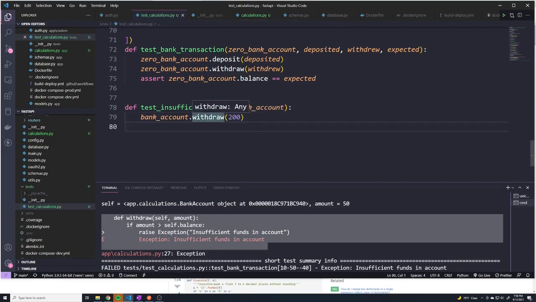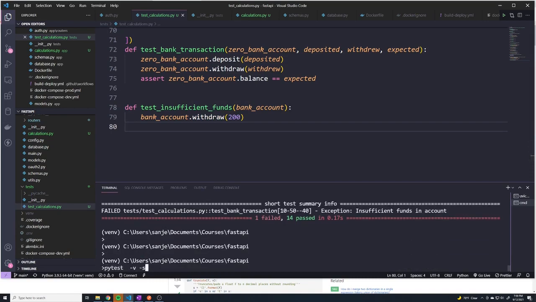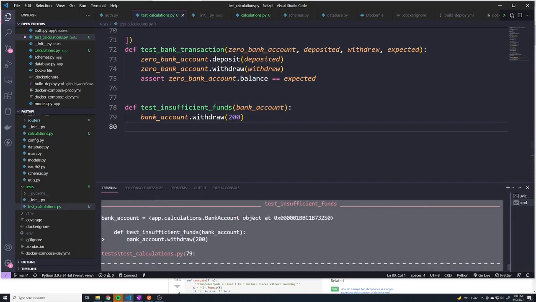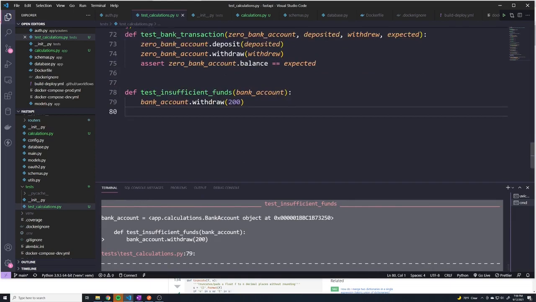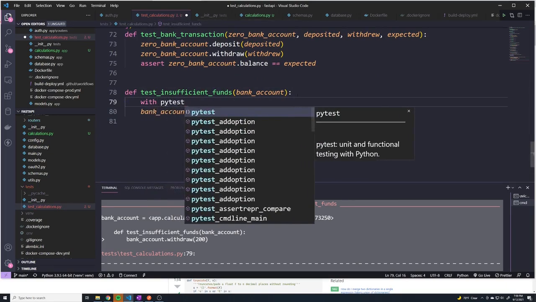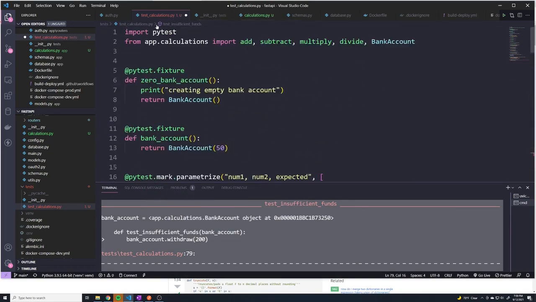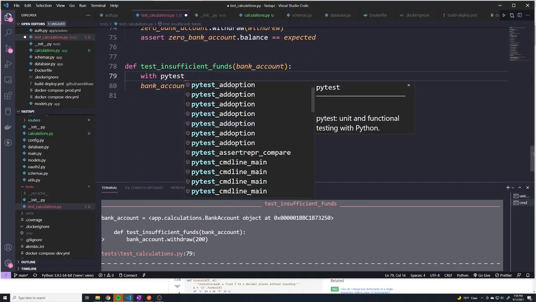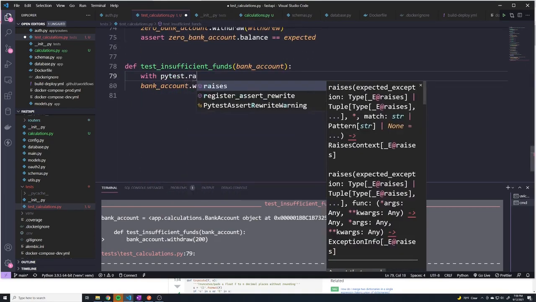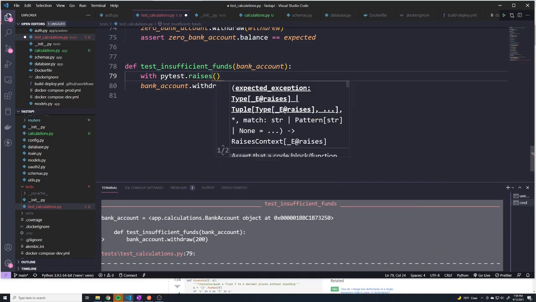But how exactly in our test do we tell Python it's expected to receive an exception? Because right now, if we run this, once again, we're going to get the same exact error. Right? Failed. So what do? This is how you tell Python that you expect an exception. You do with, and then you call PyTest. Remember, we imported PyTest all the way at the top right here. So we'll do PyTest dot raises,